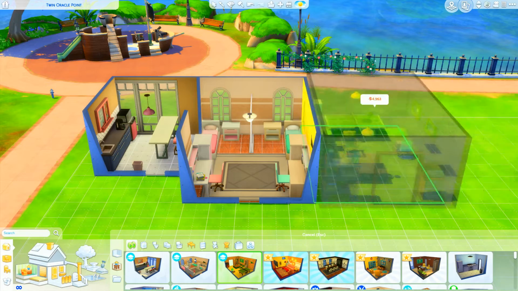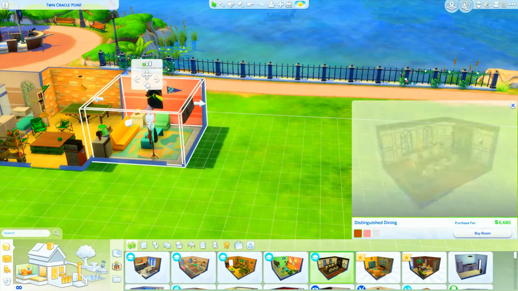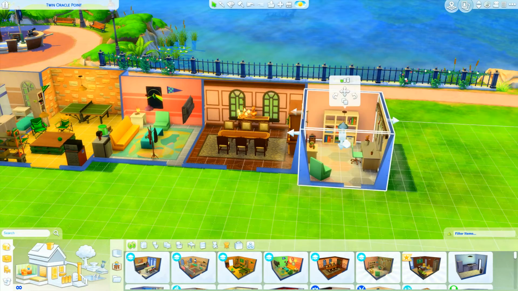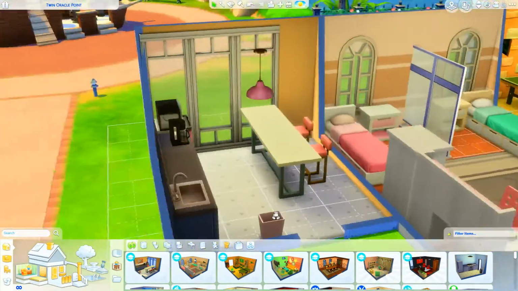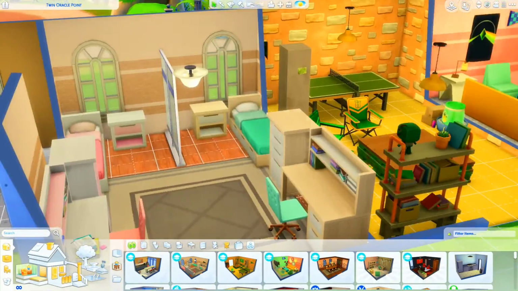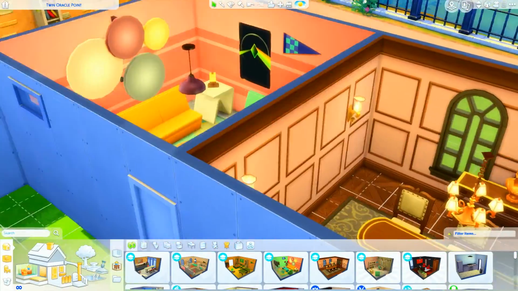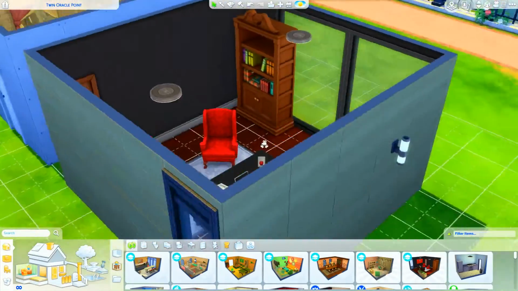Alright, on to the build objects. So I'm starting off with all the pre-made rooms that come with any new stuff, expansion, or game pack. I'm not one to use pre-made rooms all that much. I never find they fit properly, but they give a nice introduction to what the style is for this pack, which I really enjoyed. Everything matches really well. It has a very